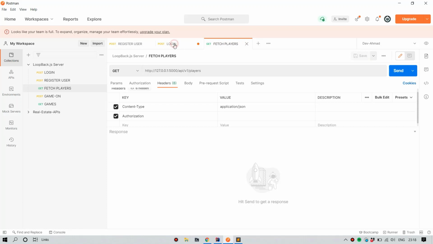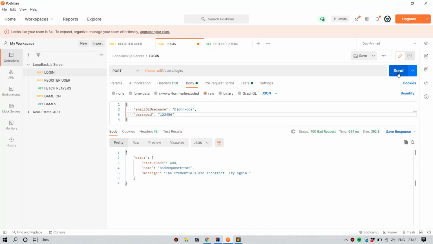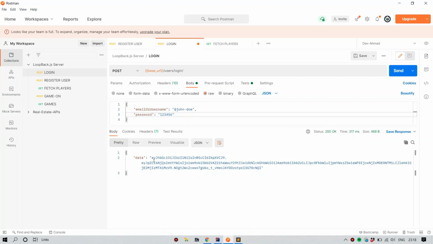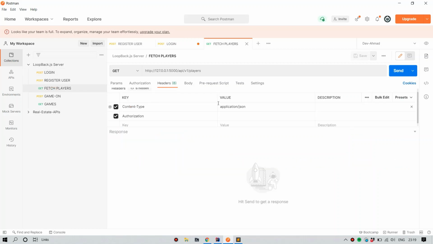So, we have registered and we got the token. After registering we got a token, right? We have set it here. Now, here's our normal flow: we register, we log in, we get the token, we take this token. For any other subsequent requests, we go to header authorization, we set bearer, and then we paste the token, and then we hit send, right?